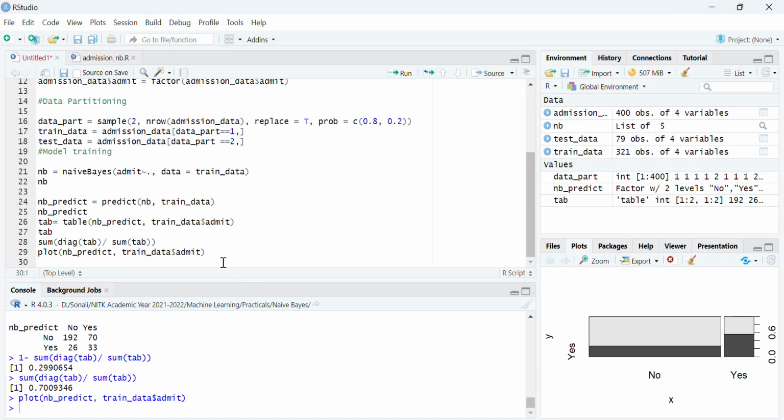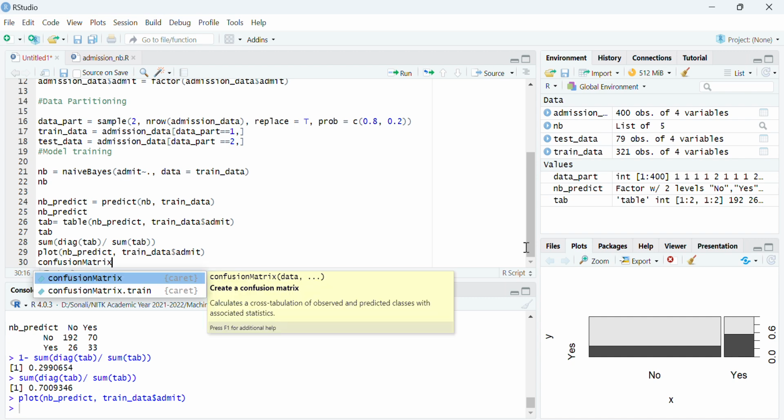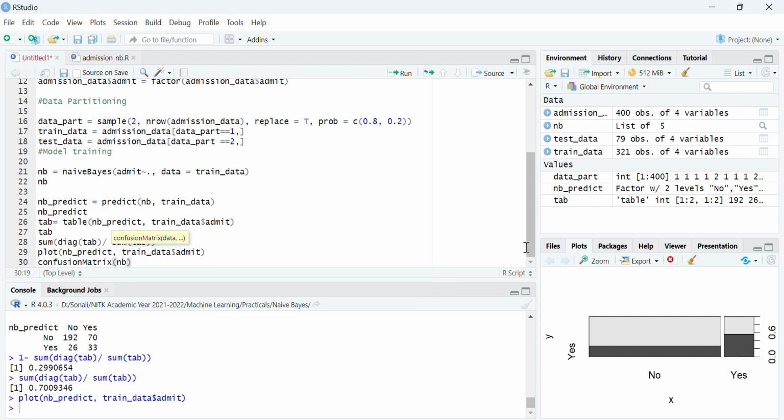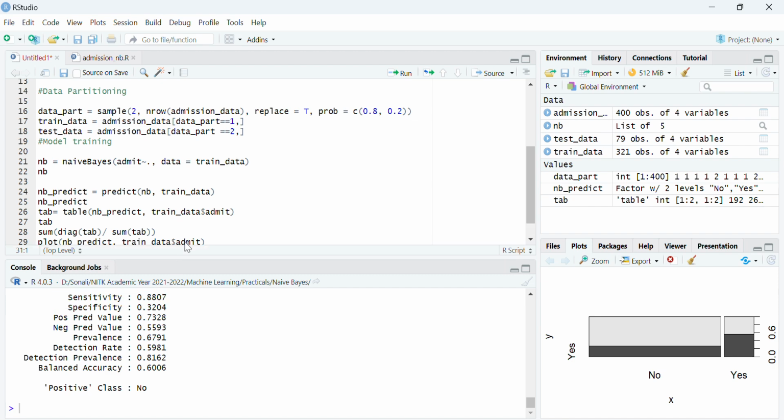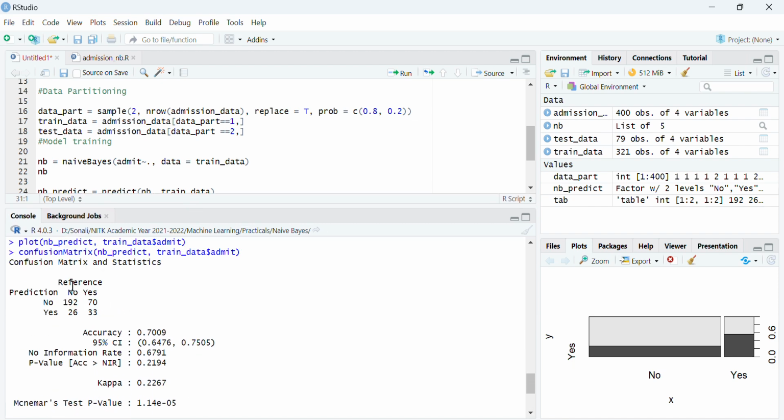Instead of creating a table, if you want some more statistical inferences, we can directly use the function confusion matrix. To create the matrix, it will also give you some statistical inferences of the data. So you can say admit. If you create this confusion matrix, you can see over here, this is the reference, that is actual, and this is the predicted.